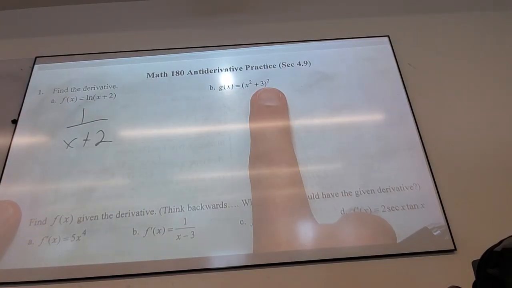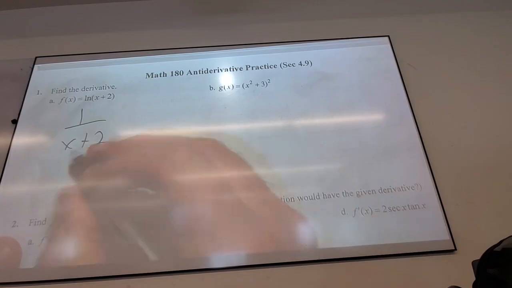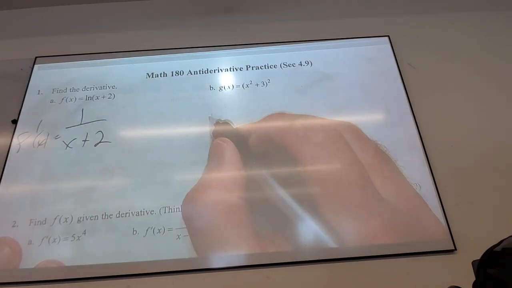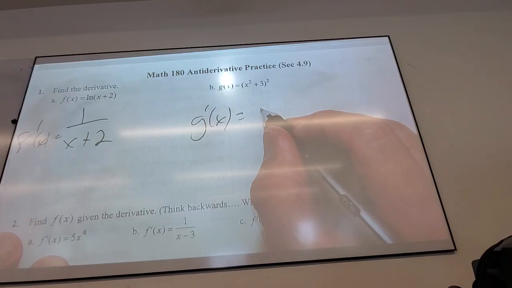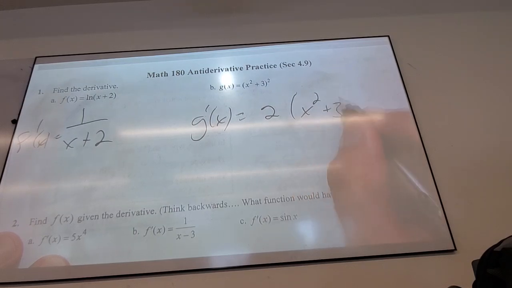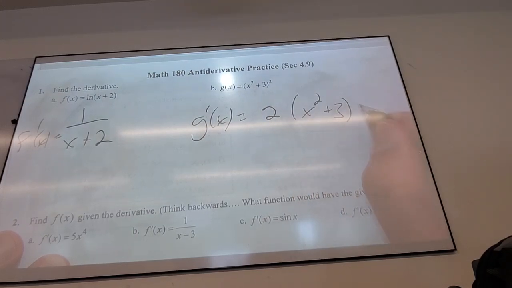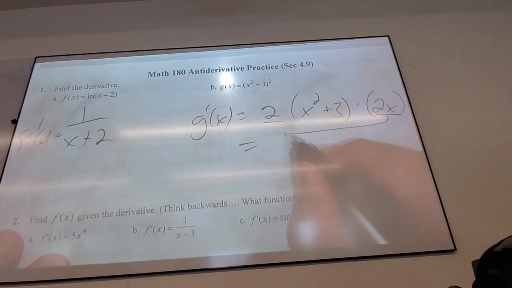And part B, how do we do this derivative? What's involved? Good, so how does that work? So the 2 comes down. The power is now 1. Derivative inside. So I can consolidate these, yes?